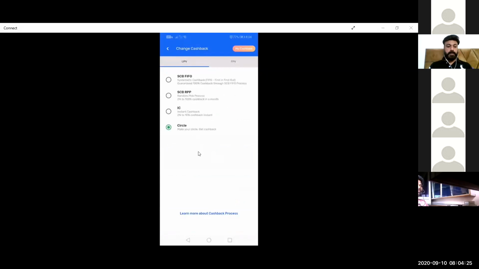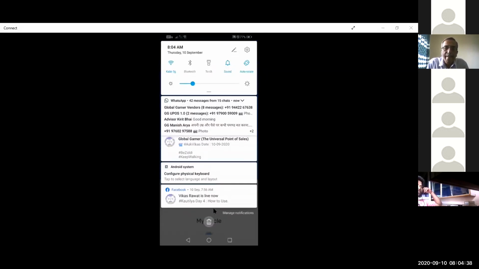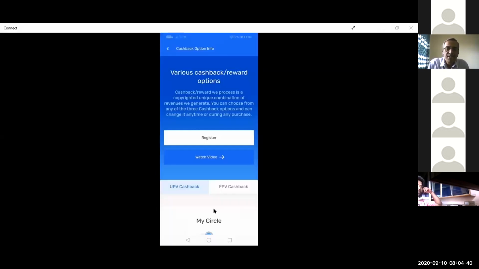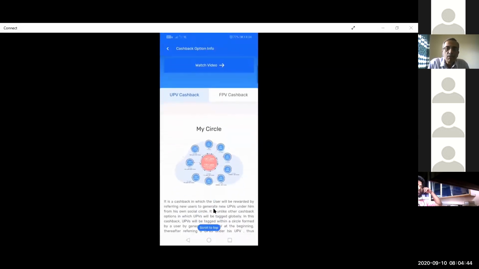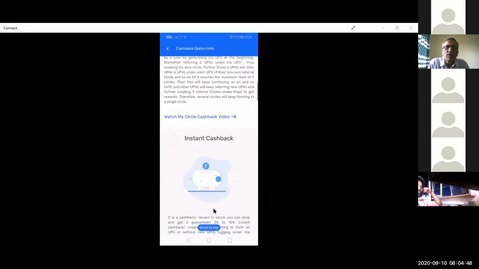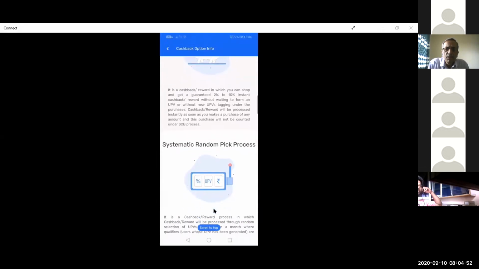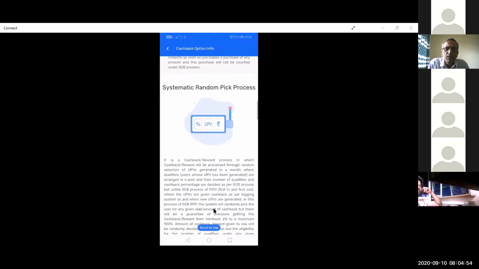And if you want to learn more about these cashback process in detail, you just need to click on this hyperlink on this segment, and then it will take you to the page where you can see the details of all the cashbacks. So videos are also available here. So if you want to understand our cashback process, you just need to get to this page.